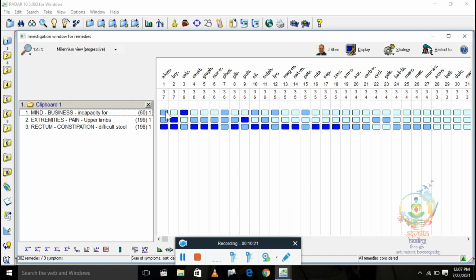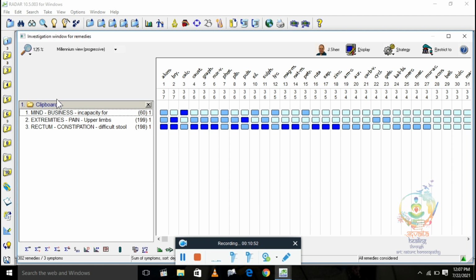This one is 1 mark, this one is 2 mark, or this one is 3 mark accordingly, right? The dark one is a higher mark, then the lighter one is 2 mark, and the more lighter is 1 mark. So this is about recording rubric and analysis.